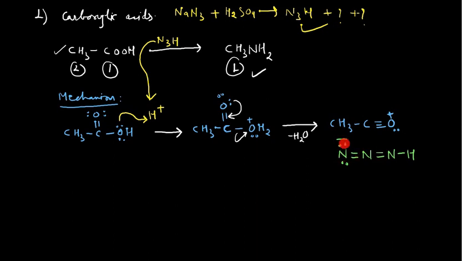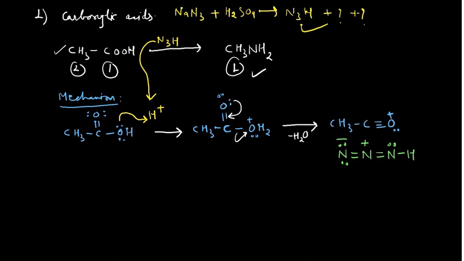So, naturally it will have a lone pair, but here you can see it is tetravalent now. That means it has lost one electron pair in the formation of the bond. So, definitely it could have a positive charge over there, and one lone pair on this one. There is no problem in that. Now, you can see this particular carbon is more nucleophilic, so it will always search for the electrophile.